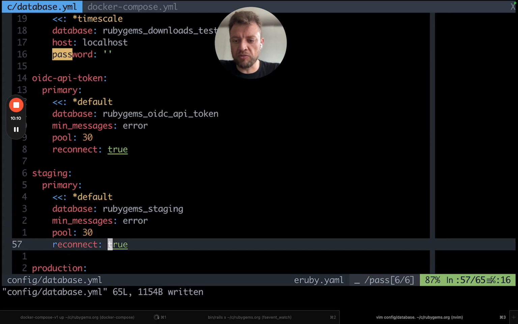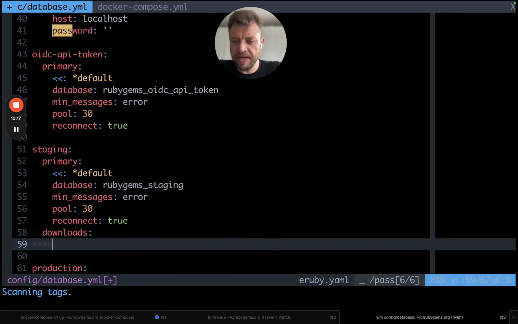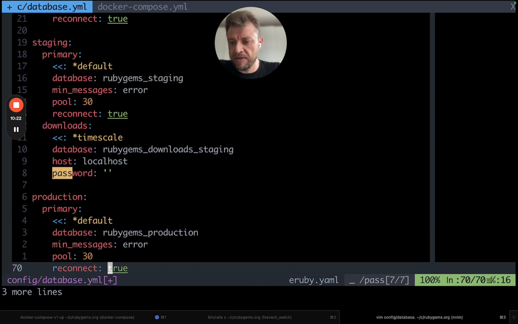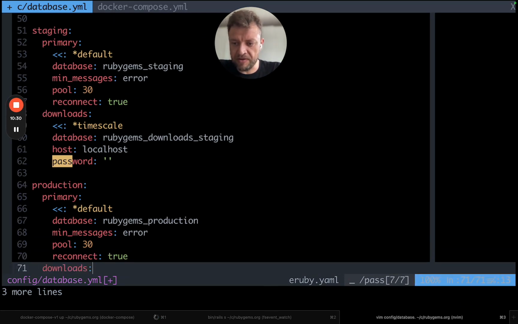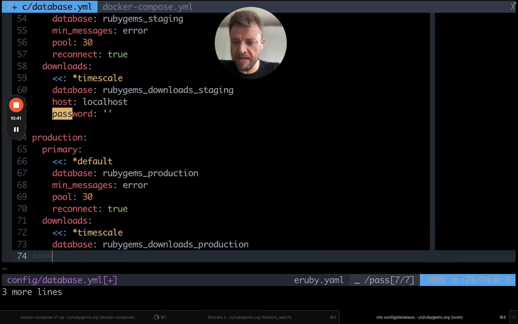And then we'll also probably need the same for staging, so downloads database, so we'll have the same. And production, then the production will also be the same. Probably we'll need it. Let's put it here, downloads, and this is the same. That is not here. It's not going to be host. It's not going to have a password here, and probably the pool here will be a bit smaller. Probably I don't think we'll need all these